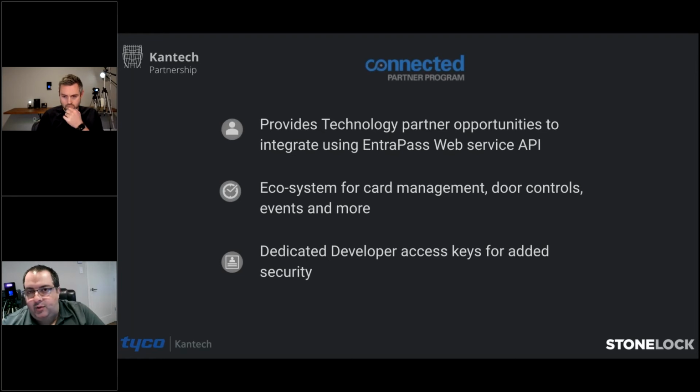Because anybody can have two products. Anybody could put a reader on the wall and have Wiegand back to the controller. That's not really integration, right? The integration comes when you have one interface managing both platforms and have a seamless integration. The connected program allows manufacturers like StoneLock and others to connect to Kantech and give an ecosystem that people